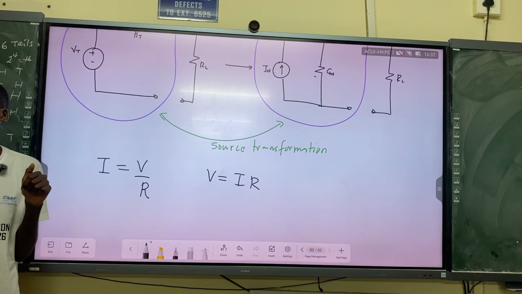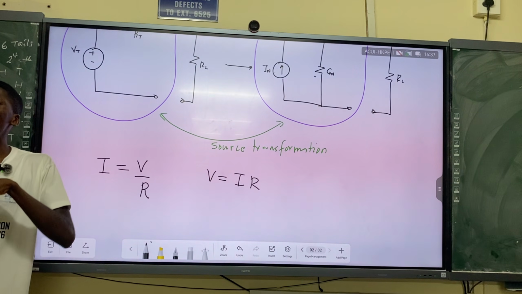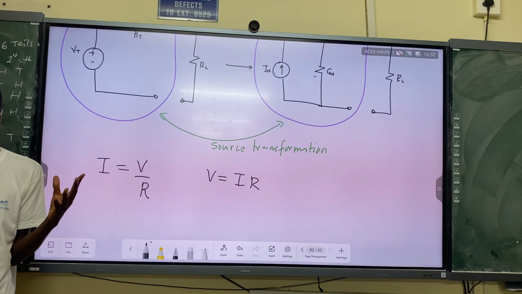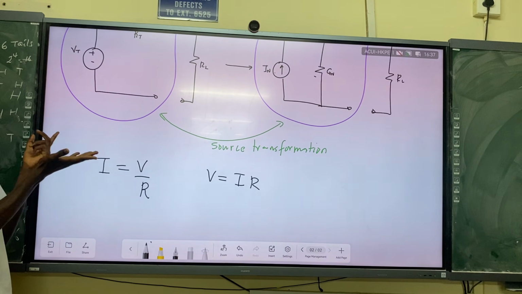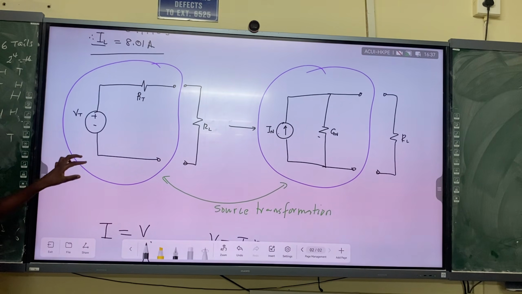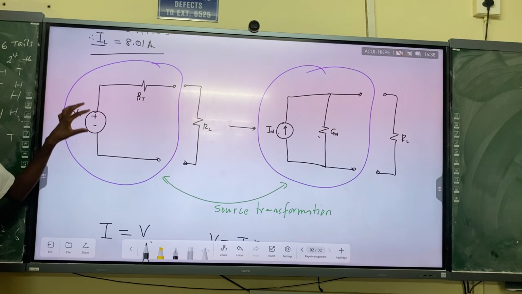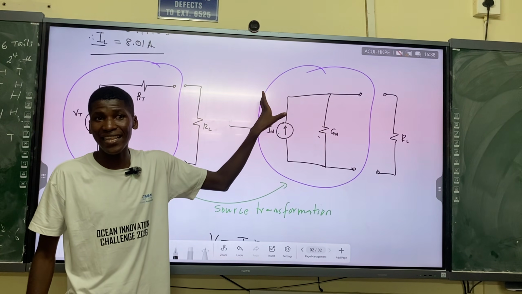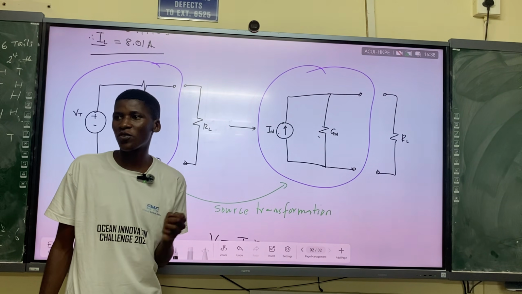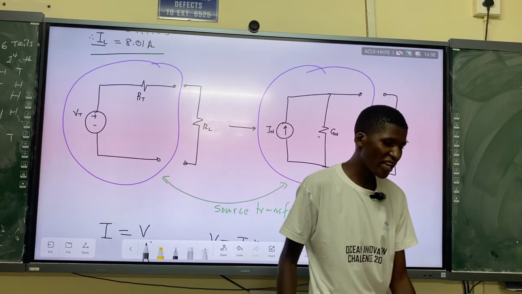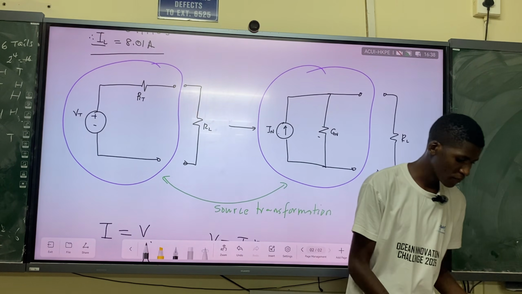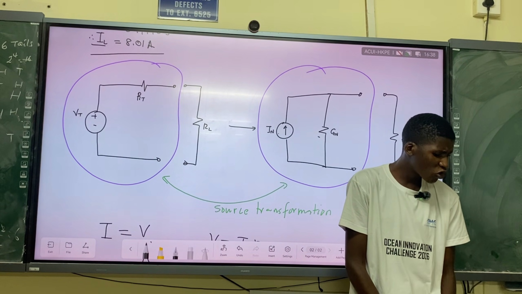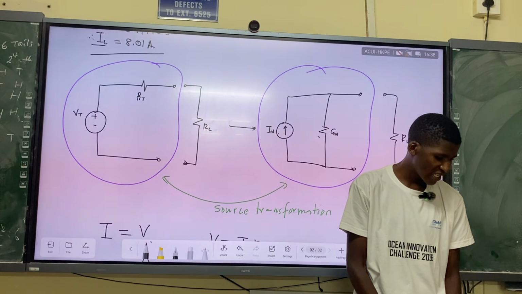But now we call them Norton's and Thevenin's, because this generally applies to all circuits, whether we are following Thevenin's or not. The idea came from those theorems also, so that we can transform a source from a series combination of voltage and resistance to a parallel combination of conductance and current source. So you see this source transformation. Let's just do an example and see how you apply it. Source transformation is very easy. It's just coming from Norton's and Thevenin's theorems.